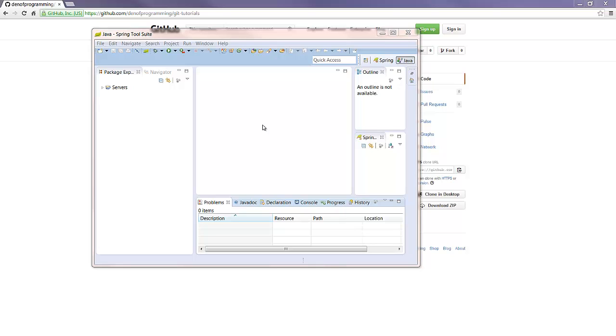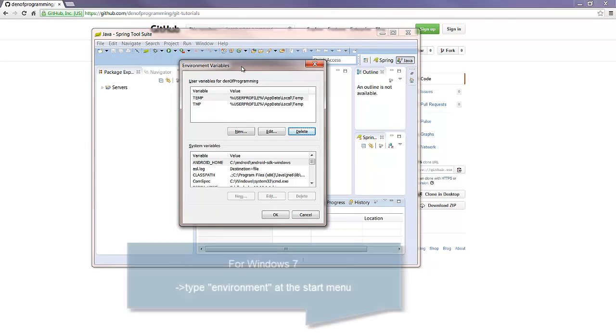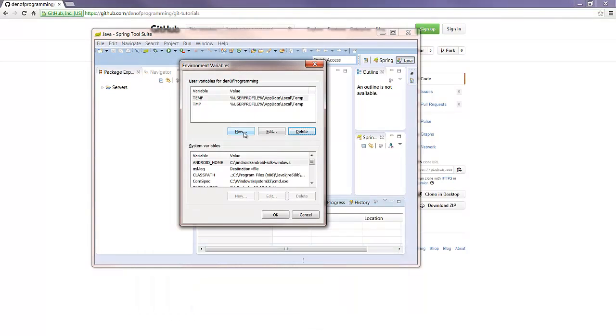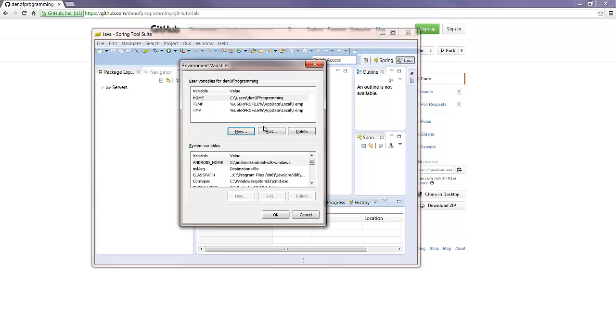Now to make EGit work properly, we need to check we have a home environment variable set to our user profile. To get the environment variables dialog box up in Windows 7, just go to the Start menu and type in environment, and this dialog box will pop up. Now I don't have a home variable, so I'm just going to click New and enter Home. And for the actual value, it's going to be %, user profile, another %, and OK that. And now I've got the home variable set for my user profile, pointed to the directory for my user profile,